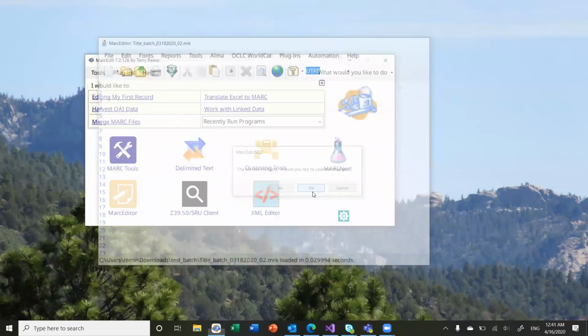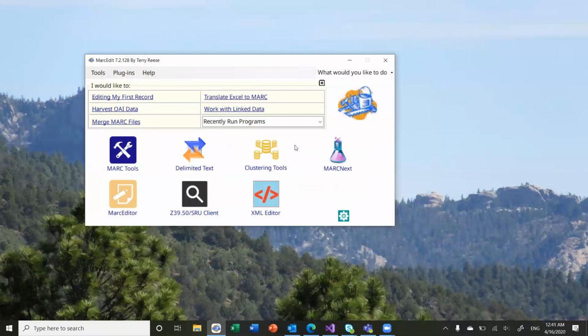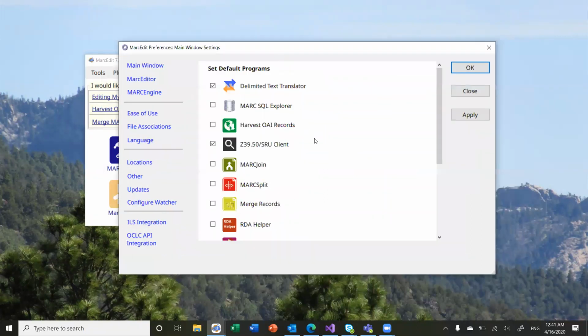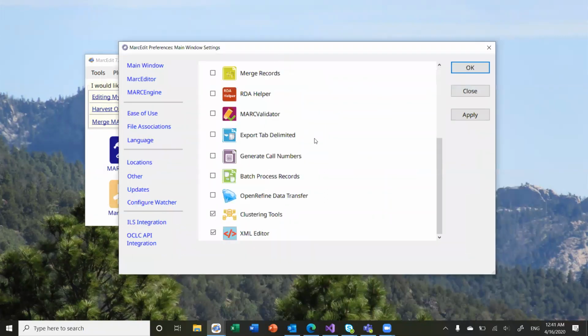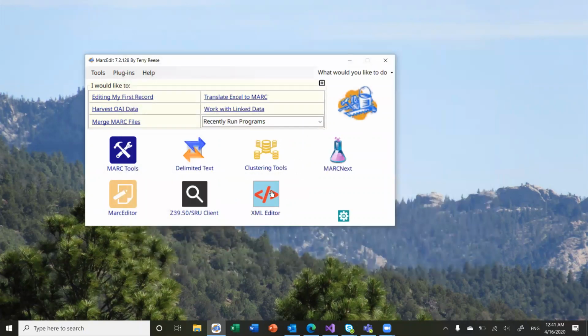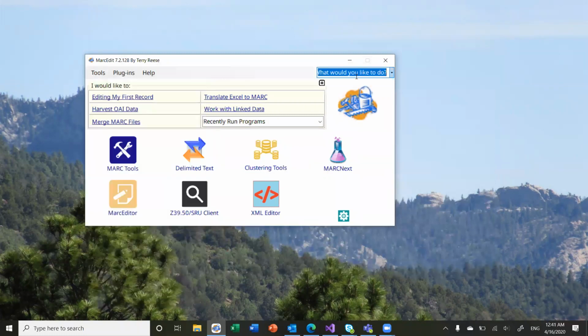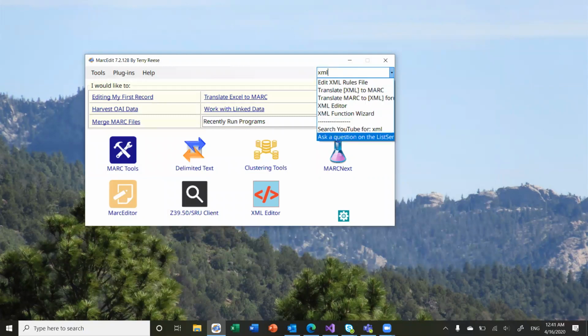The second thing coming in is when you update MarcEdit, you will see on the set default program screen a new option, XML Editor. Go ahead and check that, and that will put a new button on your screen. So I've already put it on. So this is my XML Editor icon. You'll also find it inside the Tools Editor. You can look for it here. If you go ahead and open it up,